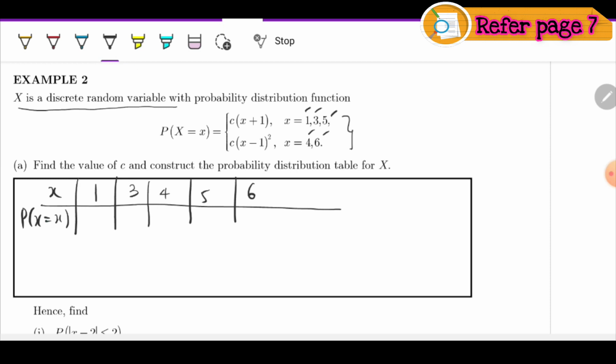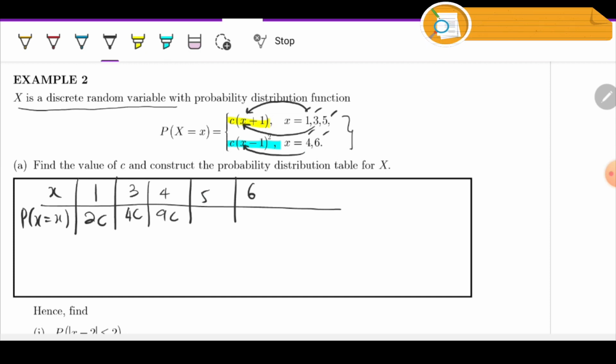So when x equals 1, we use this function. Substitute 1 into x, so we get 2c. When x equals 3, we also use the same function. So substitute 3 into x, then we get 4c. When x equals 4, we use the lower function. Substitute 4 into x, then we get